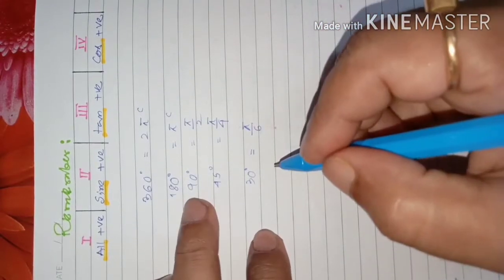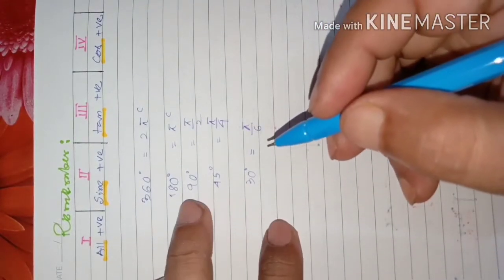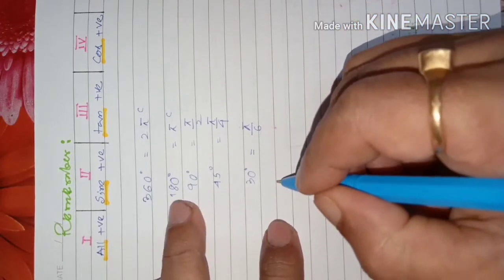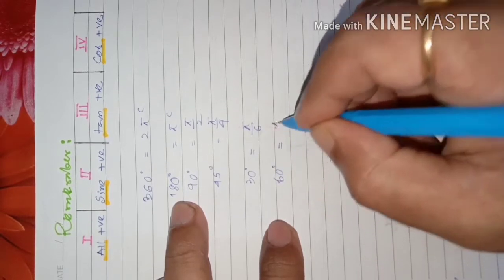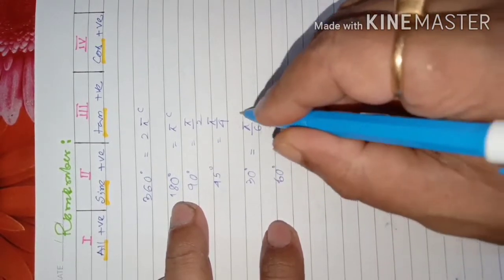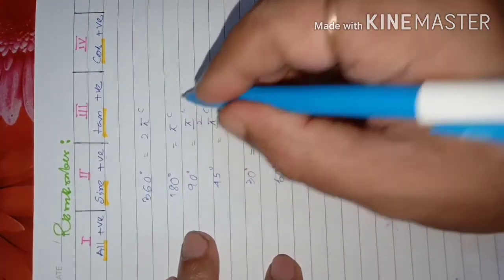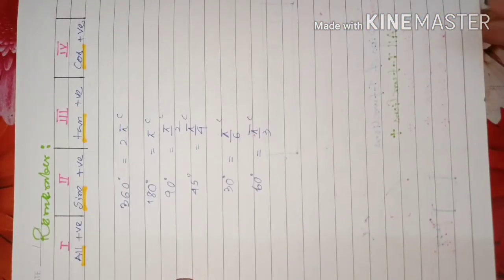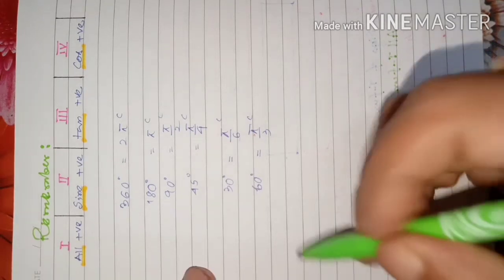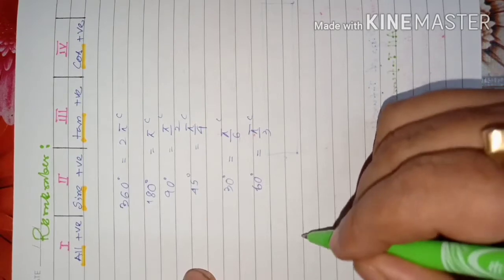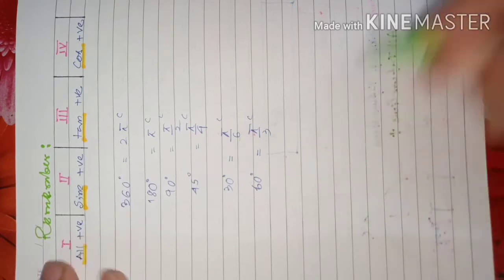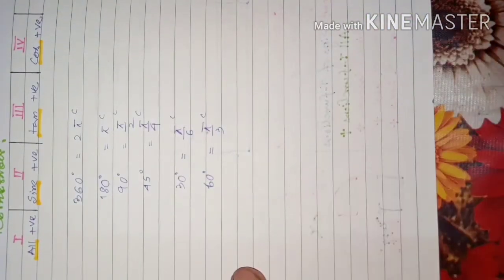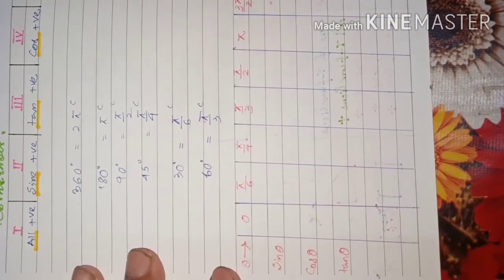Then if we divide 180 by 3, it will be 60 degree. 60 degree is pi by 3 radian. So in radian measure we know this, no? Then their corresponding values also for the trigonometric ratios. Suppose when we say sine 30 degree is 1 by 2, then sine pi by 6 also is 1 by 2. So just see this list that I am going to give you here.